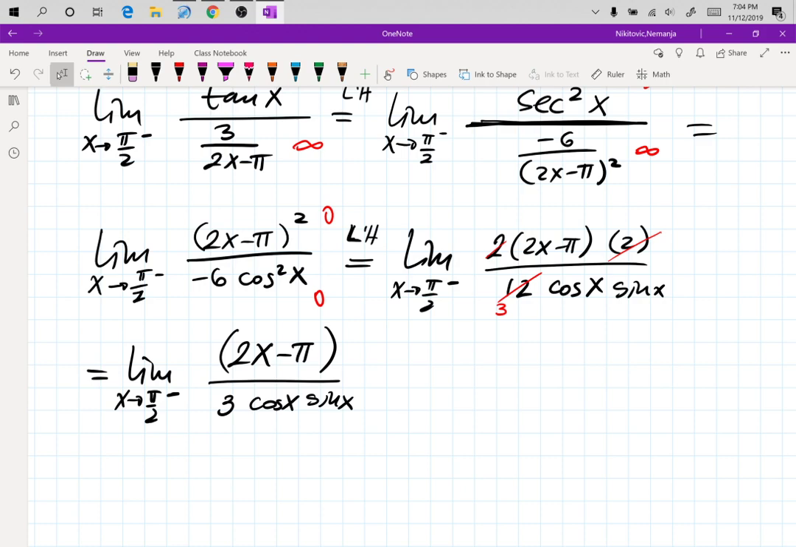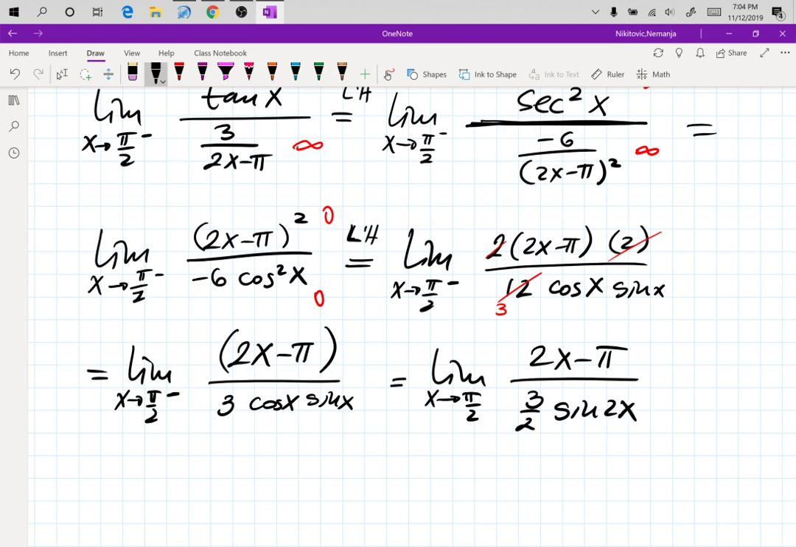Yes, because the derivative of cosine is negative sine. Okay. And that negative killed the negative in front of 6. Yes, okay. All right, so the power move over here is to do 2x minus pi divided by 3/2 sine 2x. So what I did, you don't have to do this, but it's much easier because of the